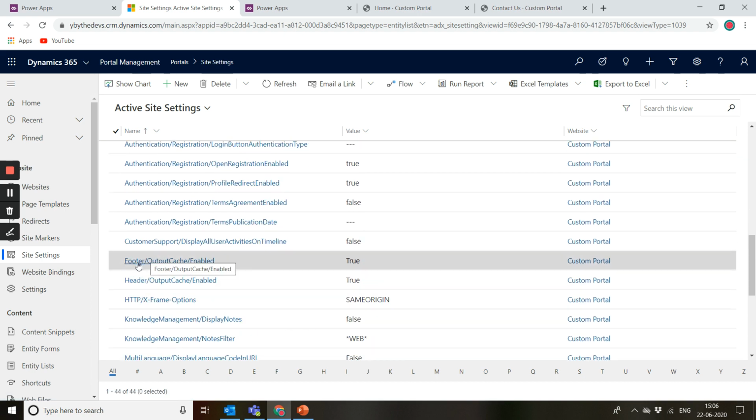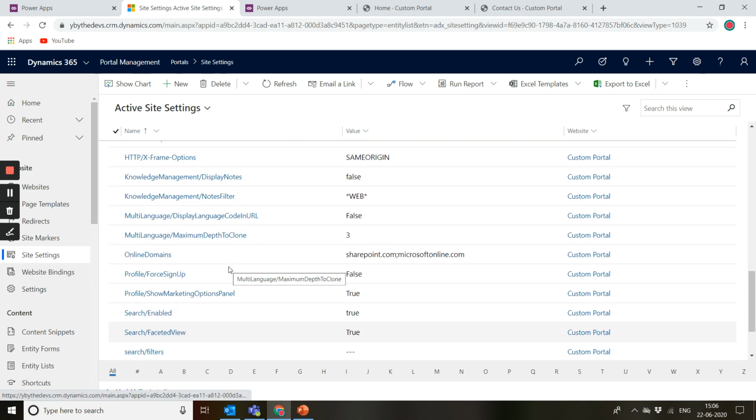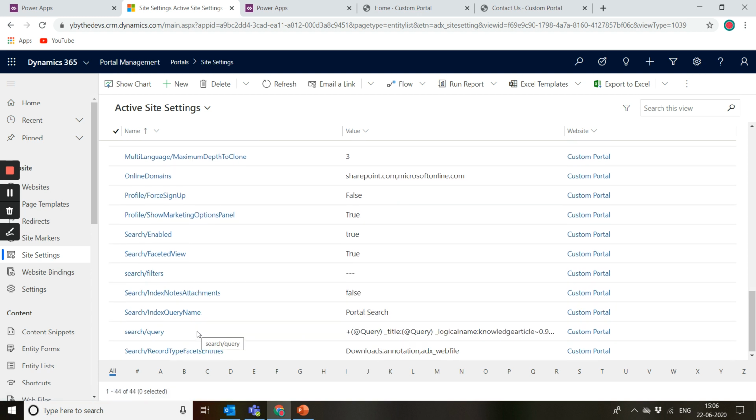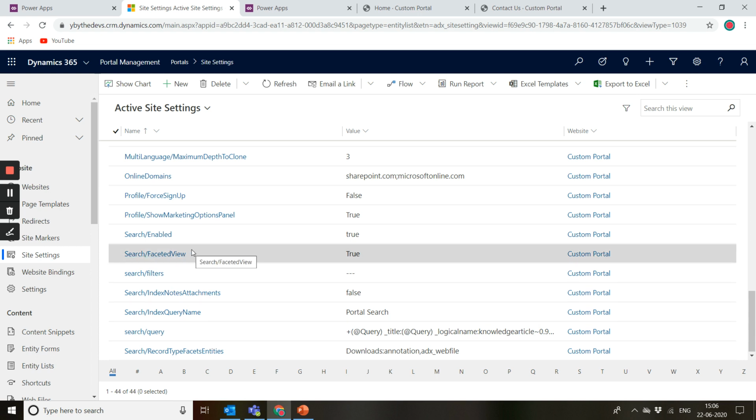You can also configure this footer output cache enable if you want to put that footer in a cache, and whether you want to enable it or not. So this is where you can configure each of these settings and then update it.